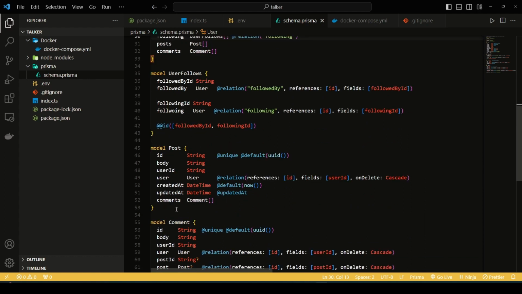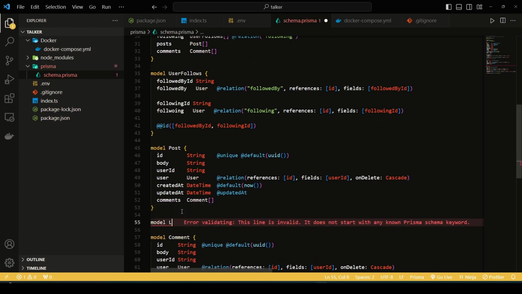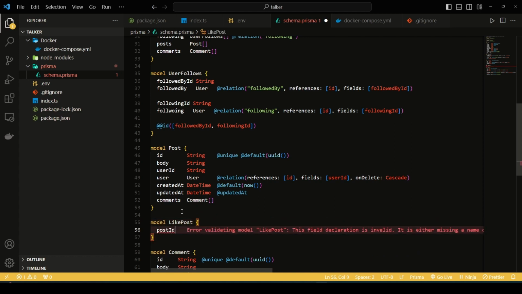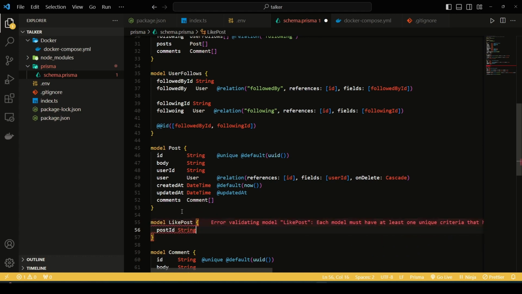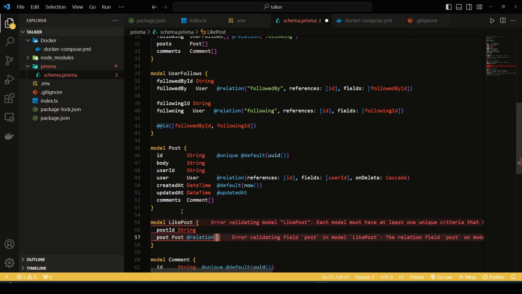like a comment functionality. So for that, I have to create another model, and it would be like post. And in this, we will have a post ID of type string, because whenever you like a post, it would be associated to a string, to a post, sorry. Then we will have a relationship of post, and again a relationship. In this relationship, what you would do is you would name it like post like, just to differentiate it with the name, and the references would be the post ID,